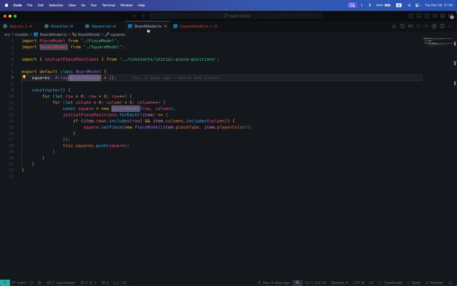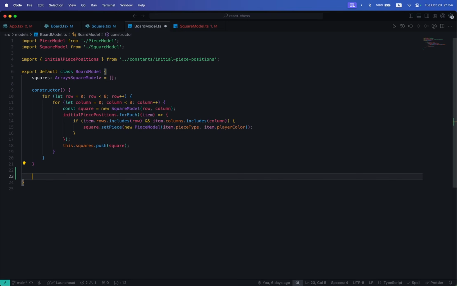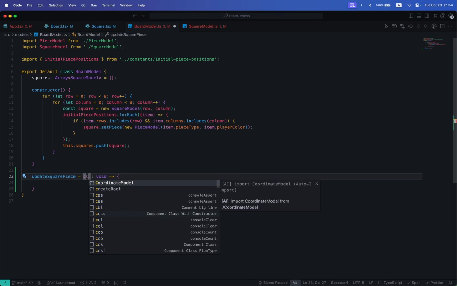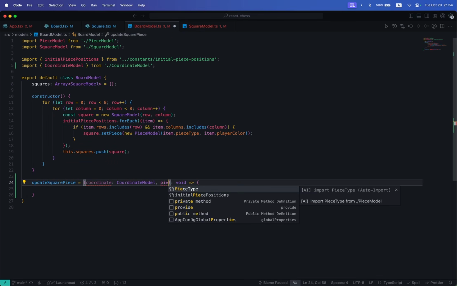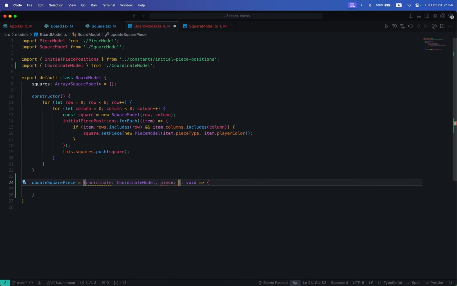Let's go here then to our board model and create here update square piece, a function, just like we have it here. Return void, no need to do anything. And now, what we receive as a parameter, it can be a coordinate and a piece, or a square and a piece. I think it makes more sense to receive some coordinates. So coordinate model, and now piece, which will be of piece type,